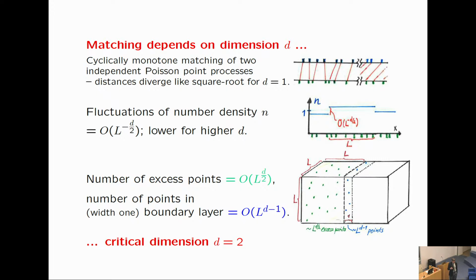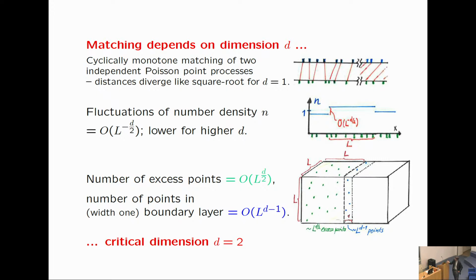The way I would phrase it is that due to the random nature of the Poisson point process, there might be too many or too few points in one box. So in a certain sense, there might be quite a number of fewer green points or more green points than blue points in this box. So it's clear that these excess green points have to be moved outside of the box. Now the question is, can you do that without moving them far? That can only be possible if not so far from the box you have enough blue points to welcome them. And so it's natural to compare this typical number of excess points with the number of welcoming points in the